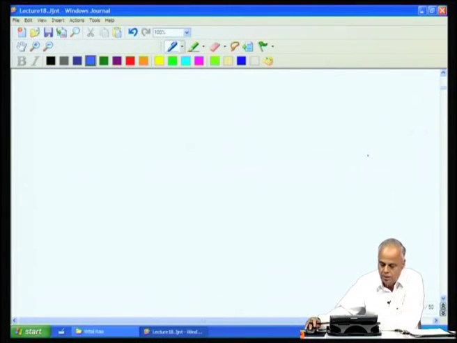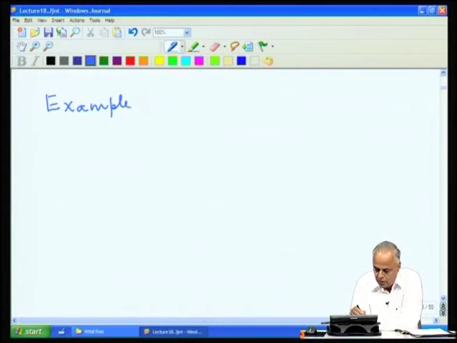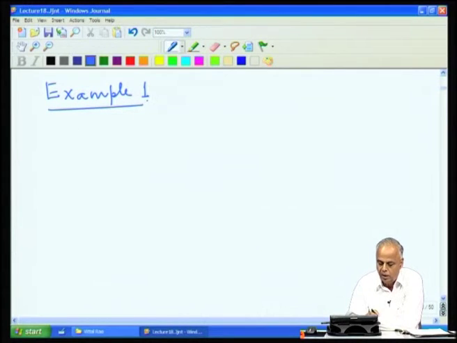We shall look at some simple examples of linear transformations, some of which we have already seen. We will just recall them. The first example we see is the following. This is the example which motivated us to the definition of linear transformations. There are many ways of motivating linear transformations. We chose this example to motivate the definition.